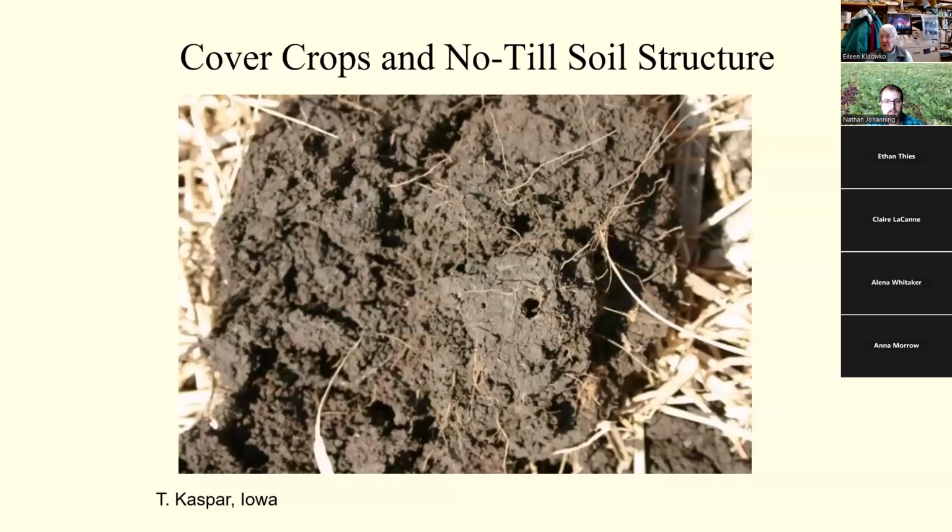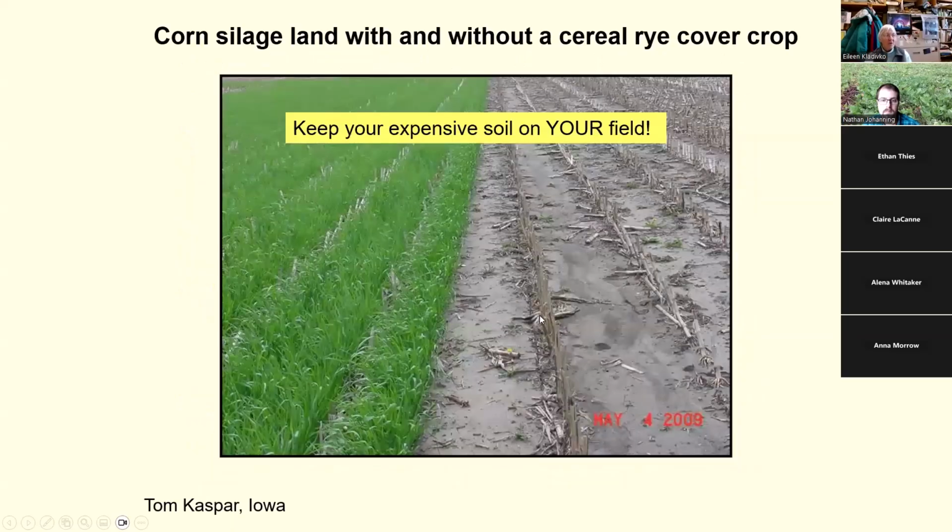If you put cover crops together with no-till, you can get even more benefit. This was a photo from my colleague Tom Casper, now retired from Iowa, but just showing some of the granular soil structure and the rooting, and my favorite earthworm burrow here that comes when you have cover crops and no-till working together. Surface compaction, silage ground is one of the worst for surface compaction just from the action of raindrops